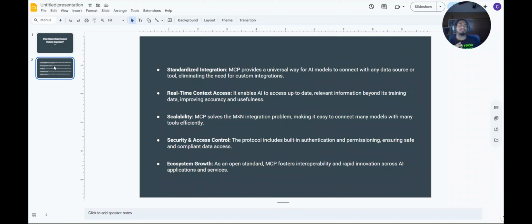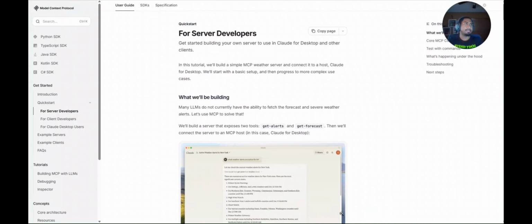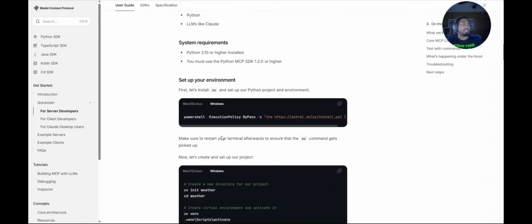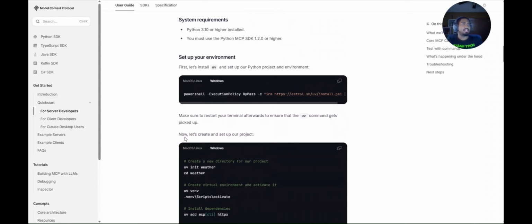Now, there are a few key pieces of information that we're going to look at. Number one, we have the MCP documentation from Anthropic. Or not, I think this is not from Anthropic, but I believe it is on Anthropic's documentation page. I could be wrong if it's exactly from Anthropic. I'm not sure. But there is getting started for server developers, client developers, Claude desktop developers. We're going to be focused on Claude desktop developers. But we're going to try this quick tutorial here